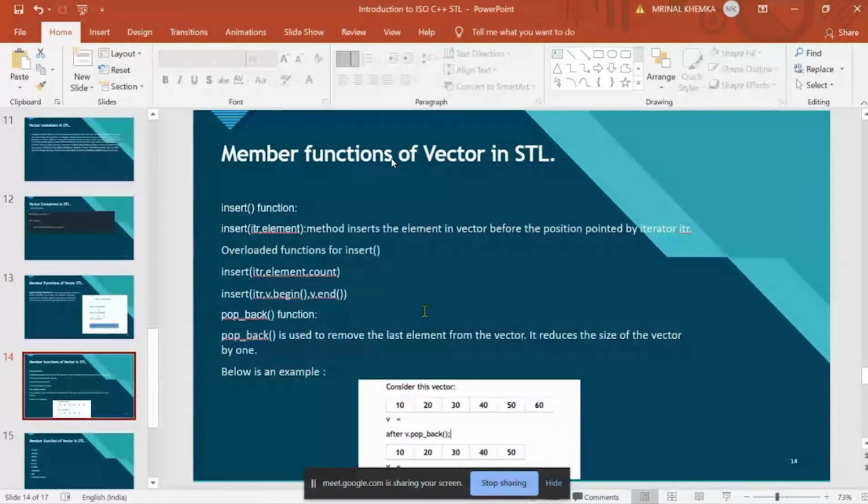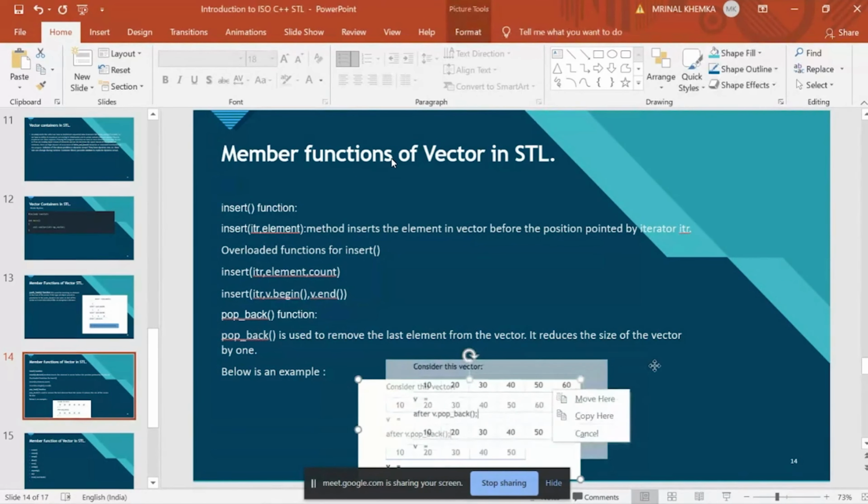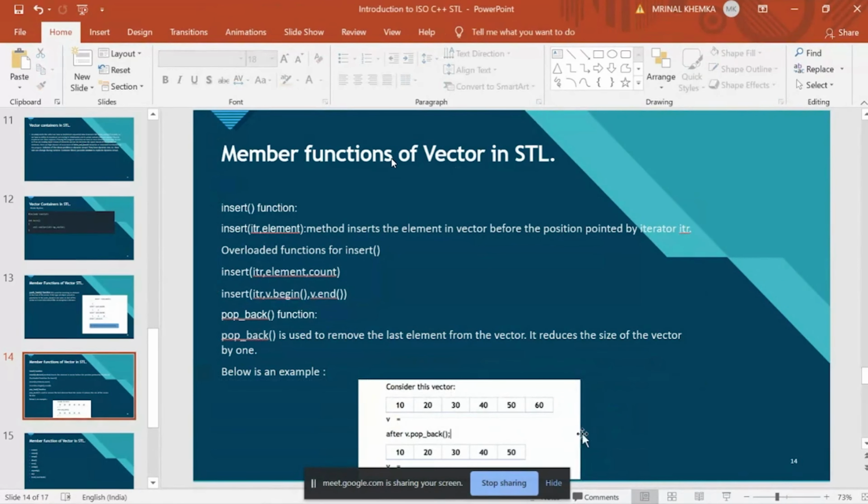Now let's see other important functions, which are insert and pop back. First, let's discuss the pop back function. The pop back function pops the element from the back. It removes the element from the back of the vector. Here you can see an image which contains the values 10, 20, 30, 40, 50, and 60.